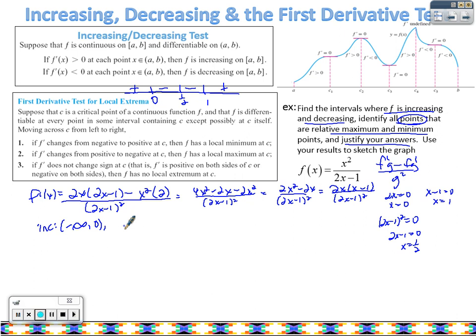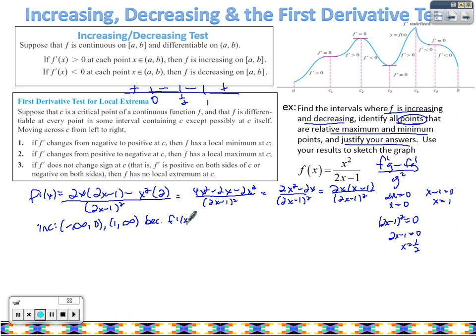And then we go from 1 to infinity. Now here's where the justification comes in. You need to write this every time. On quizzes and tests, I'm going to be giving points for justification. You say, because, you can abbreviate because